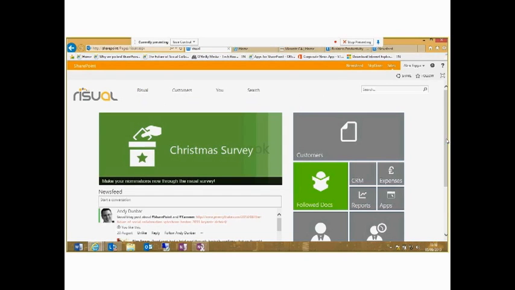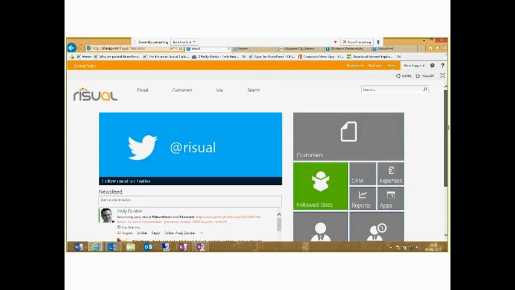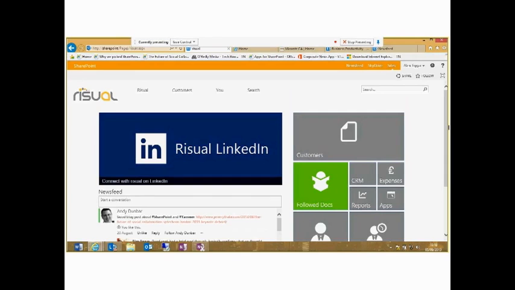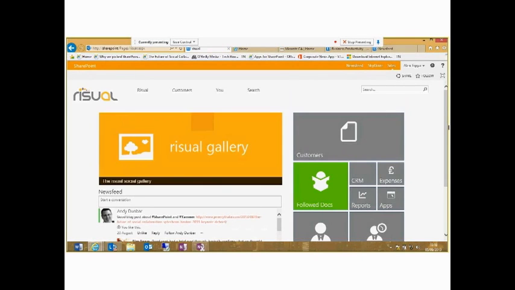We don't have a formal news area, but we use the newsfeed functionality in SharePoint for people to publish ad hoc news, which we find very useful. We're not really big enough to have a comms team creating news, but you can build up any number of pages and any sort of number of site structures around this, and I'm going to show you now just kind of how that works. So if I'm creating a page in SharePoint,